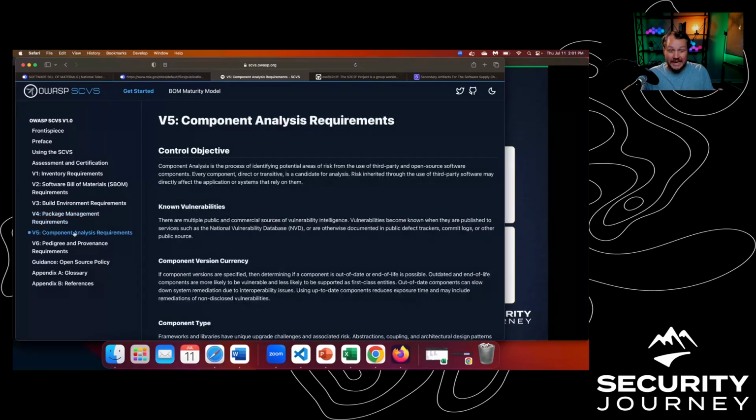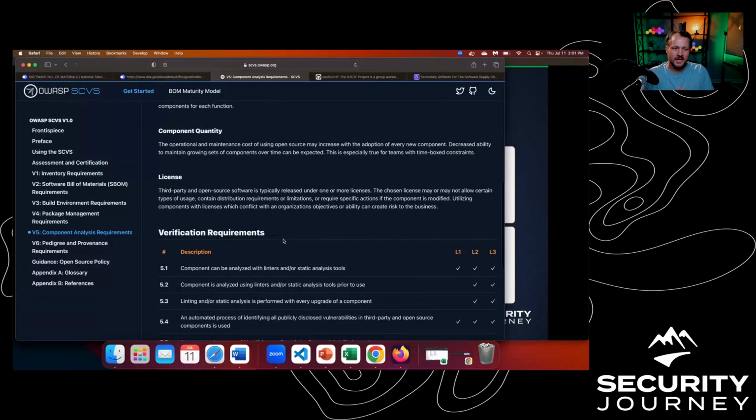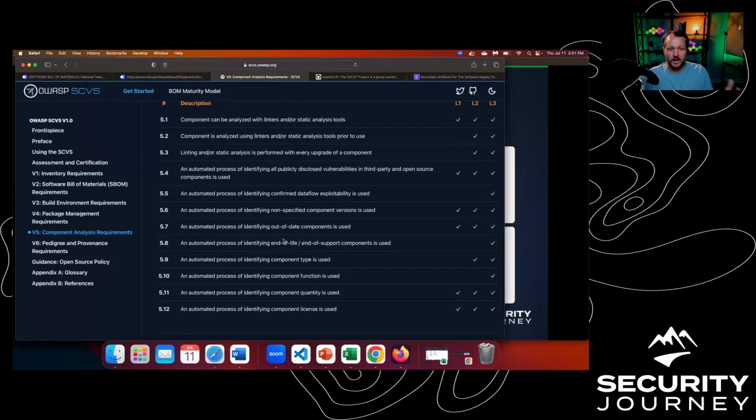We have component analysis requirements. This is deep diving into understanding the quality of those components and where they are and how they're living, and using tools to evaluate them. A lot of this is about tools. So this is software composition analysis, running automated processes to identify vulnerabilities and problems within the components you have in